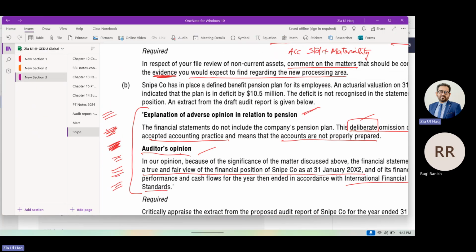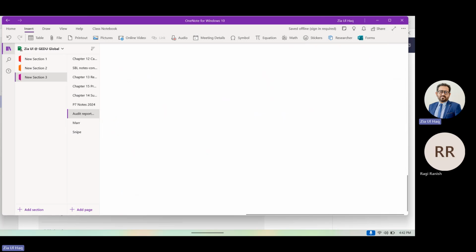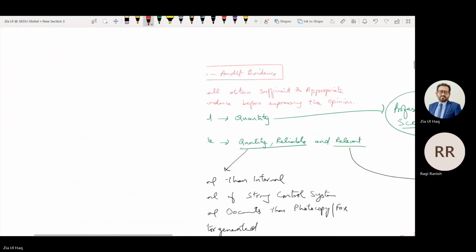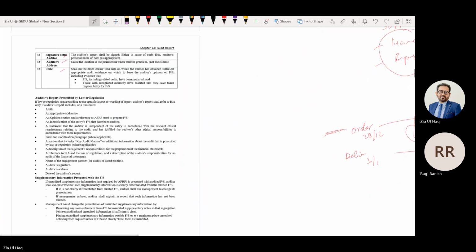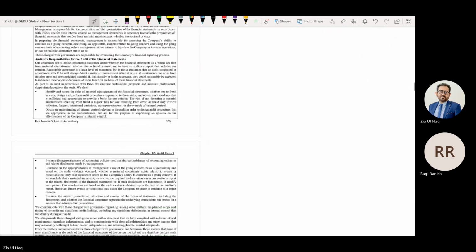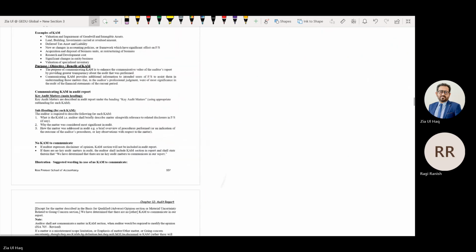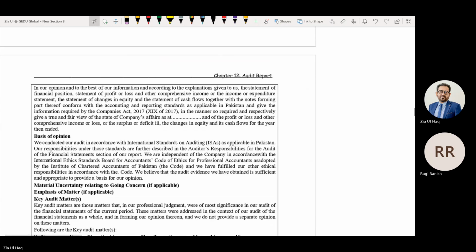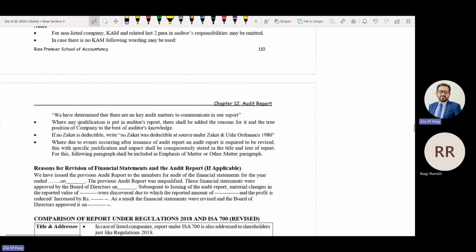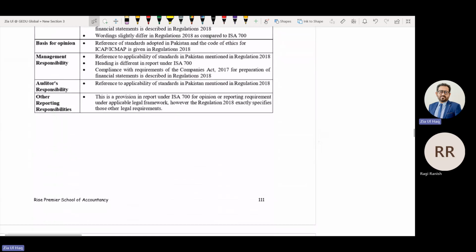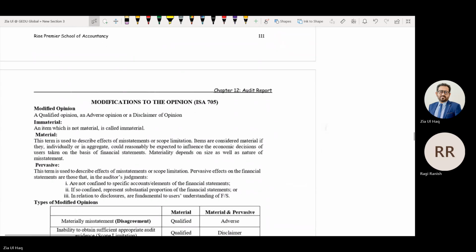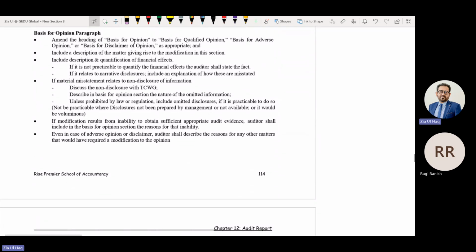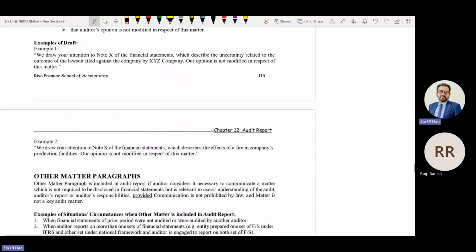So let's move towards covering some more auditing standards. So we have got ISA 320, ISA 700, 701, 705, 706, ISA 500.